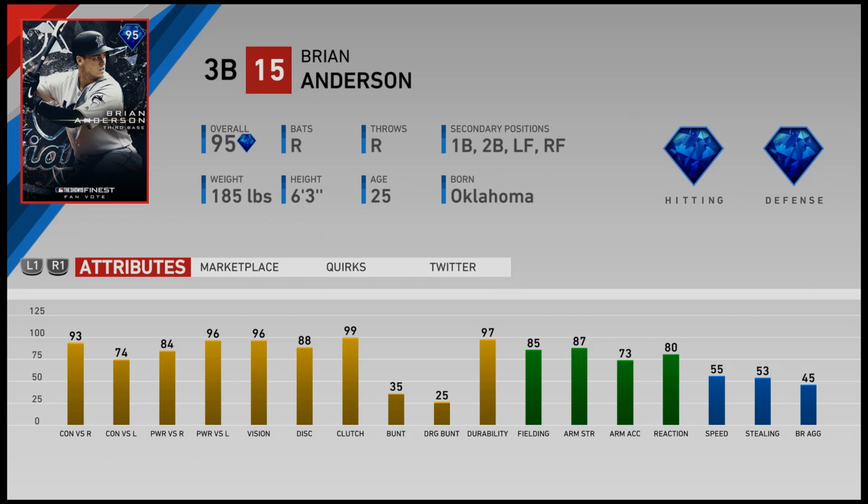He's got 93 contact against righties, 74 against lefties, 84, 96 on the power, 96 vision, 88 plate discipline, 99 clutch. He's got great fielding, man. 85, and then 87 for the arm strength, 93 arm accuracy, and 80 reaction. Doesn't have a whole lot of speed. He's not going to be swiping bags for you really, but definitely a good hitting card,